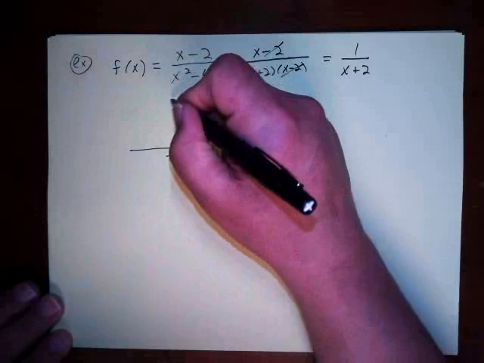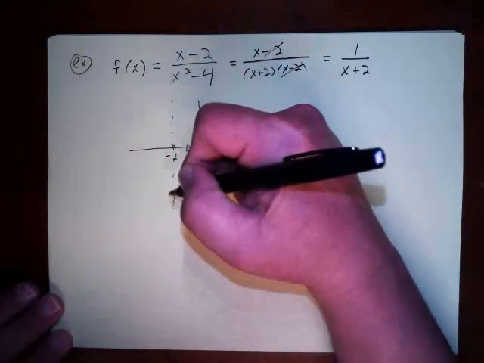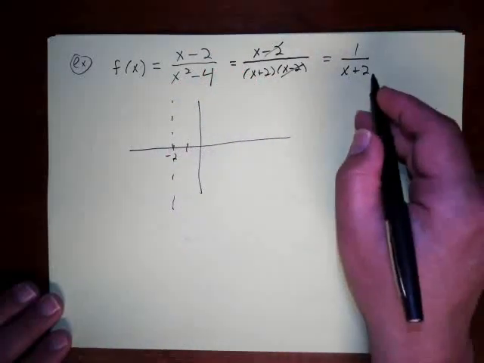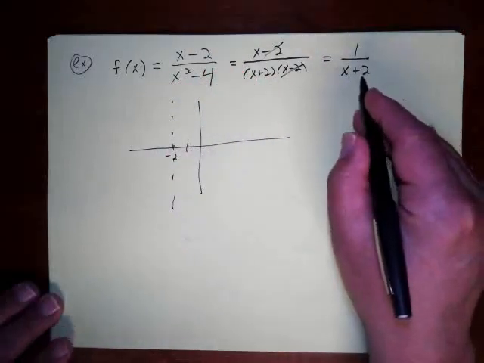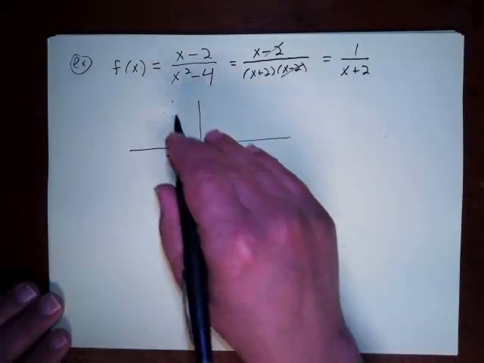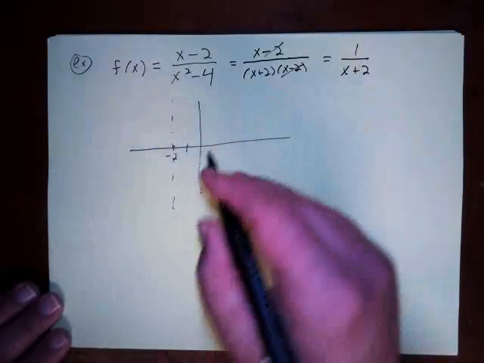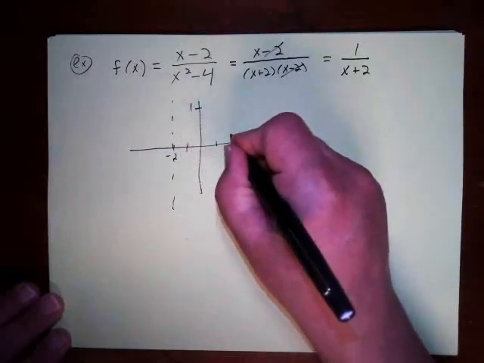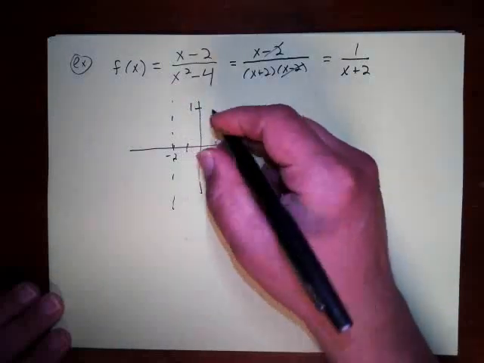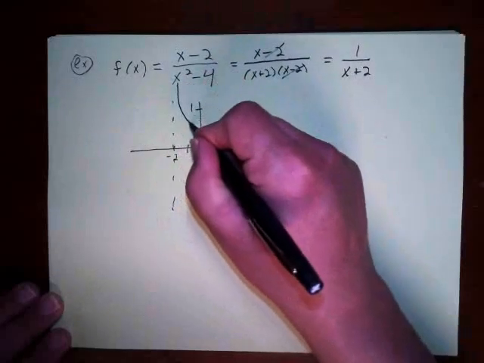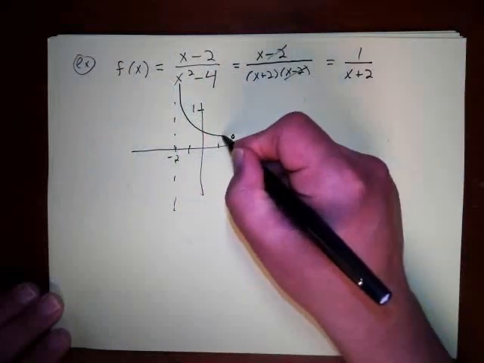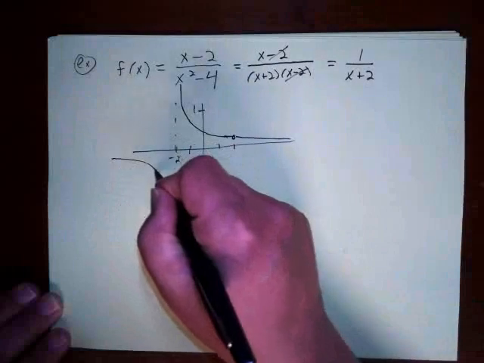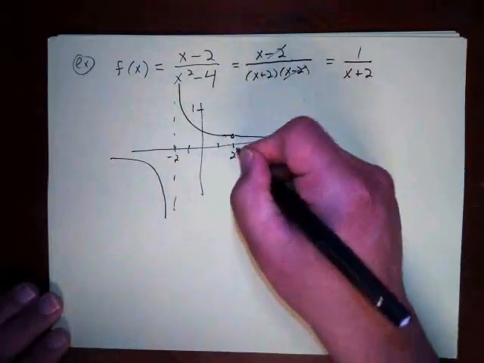So this is -2. This would be the vertical asymptote, and this would be like y equals 1 over x shifted over, and let's say this is 1. So at 2, this would have a hole here at 1/4. So this would be like something that goes down, and then it has this hole, and then it continues to go down, and then it would look like this. So at 2,